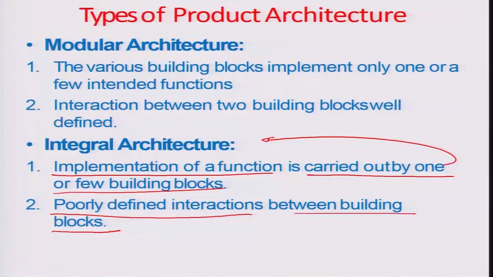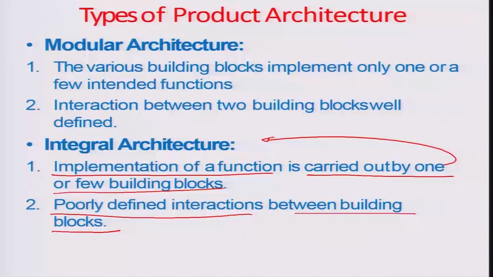As you saw in the simple modularity case, you had one function to one subsystem level mapping possible, and such an interaction was very straightforward, but in integral architecture it is not the case. One has to really work very hard to define the interactions between the several building blocks, okay,